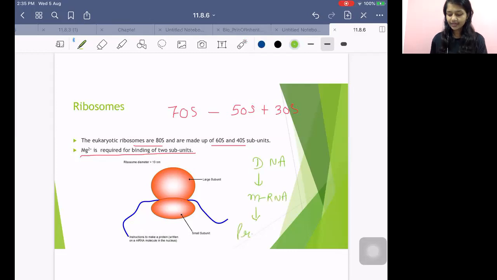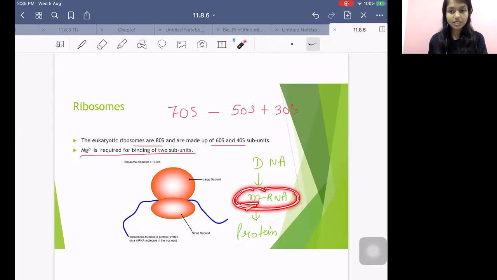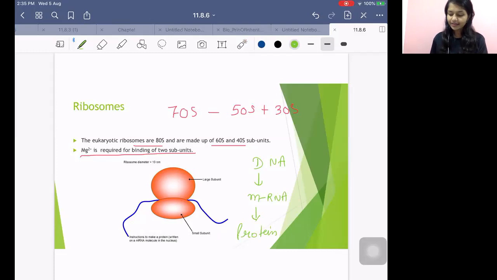mRNA to protein. Now, this messenger RNA has information about which protein should be formed. Now, who is going to read it? Ribosomes will come and help in the protein formation. So ribosomes help in transforming mRNA into protein, and the process by which mRNA becomes protein, you call it as translation. You know it, right?